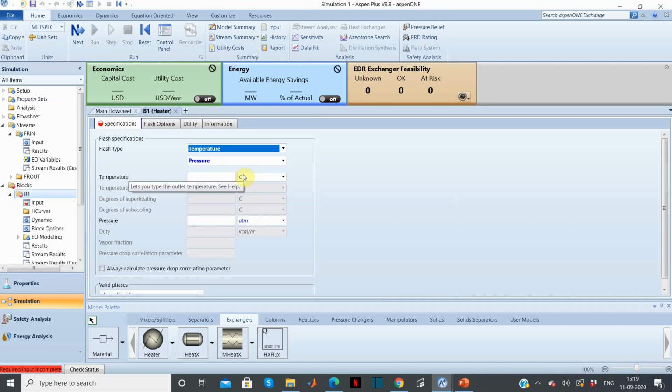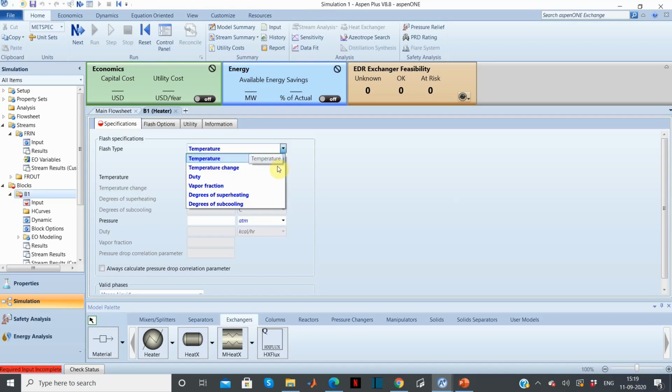Now we will put specifications for the heater and let's find out the flash type. So the flash type here will be temperature change, because we wish to increase the temperature of the inlet stream from 250 Kelvin to 300 Kelvin, and the temperature change is 50 °C.